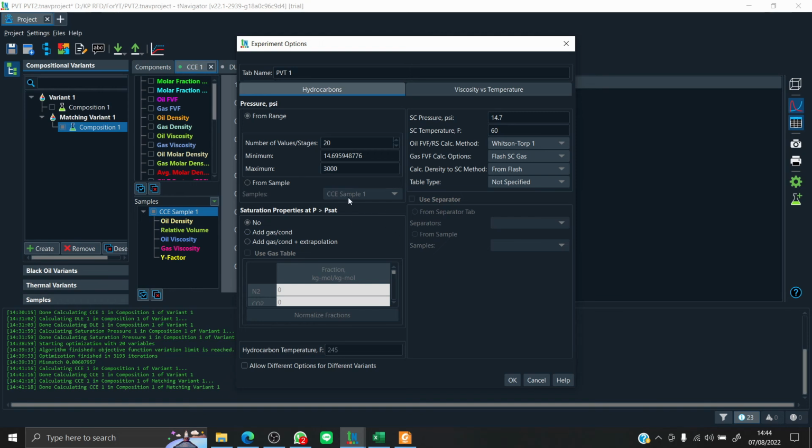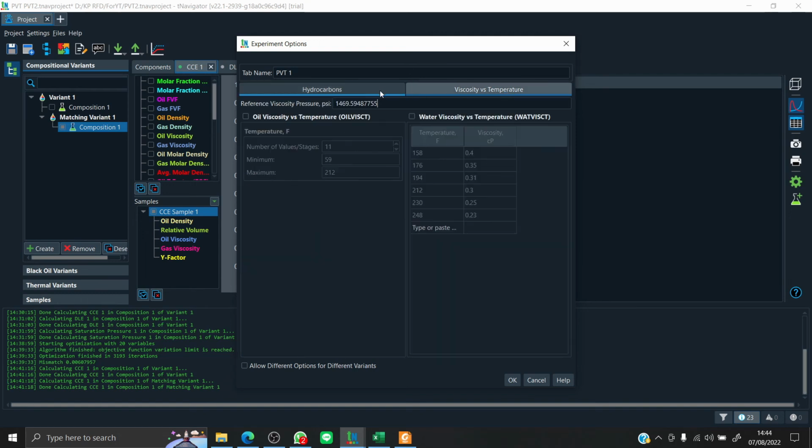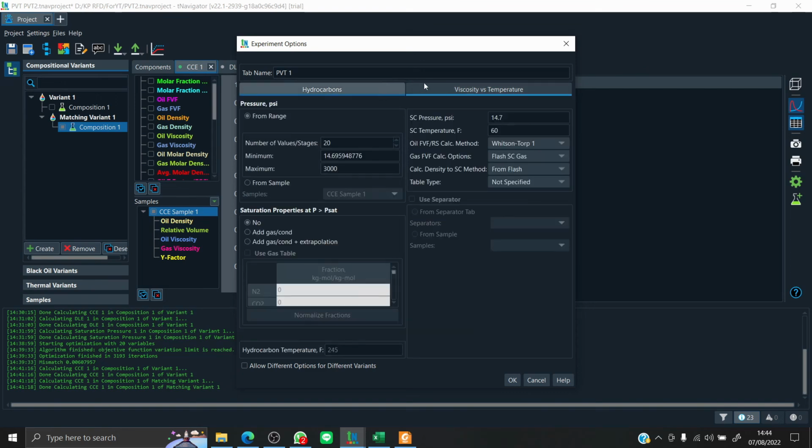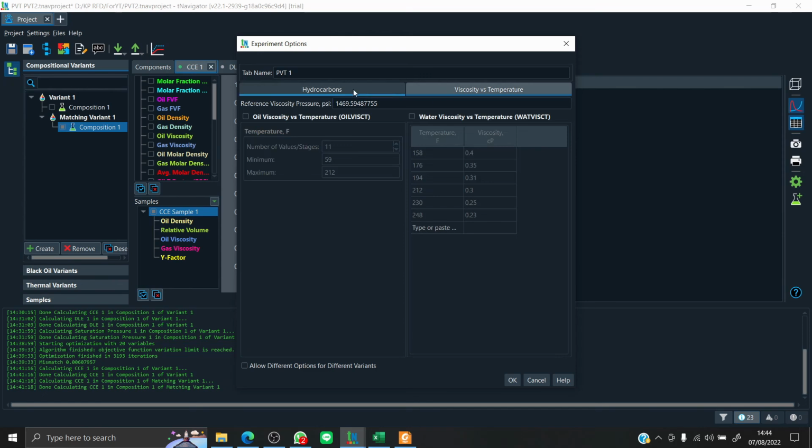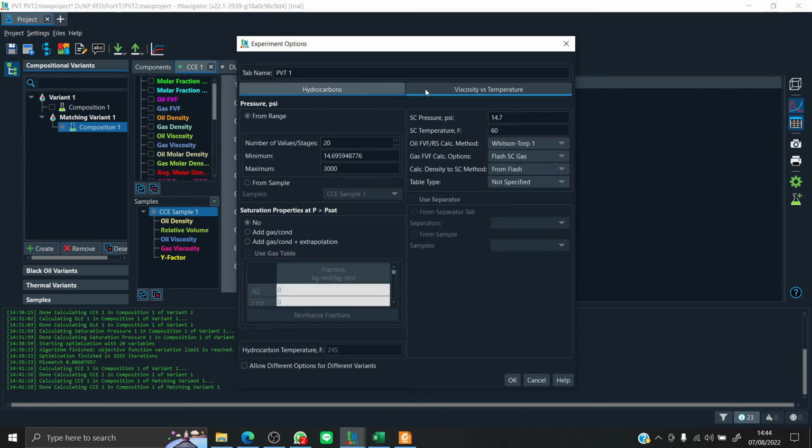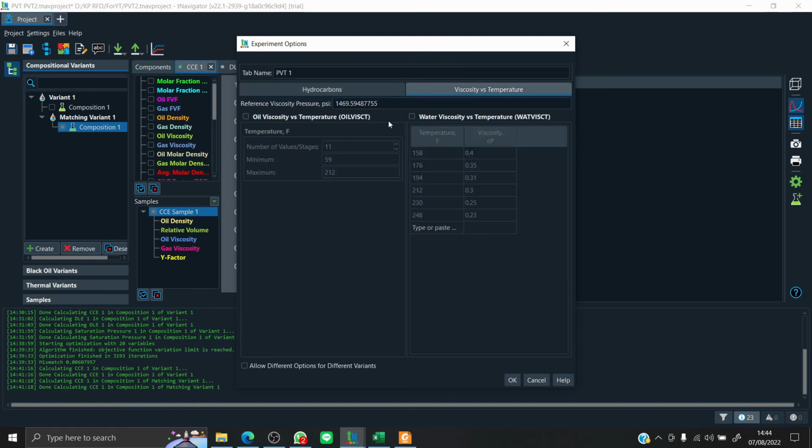Saturation properties at pressure bigger than set. Okay, hydrocarbon temperature is also done, and then yeah, well, let's export our PVT table. Okay, maybe just increase the stage to 30, and then our reference viscosity pressure is okay.